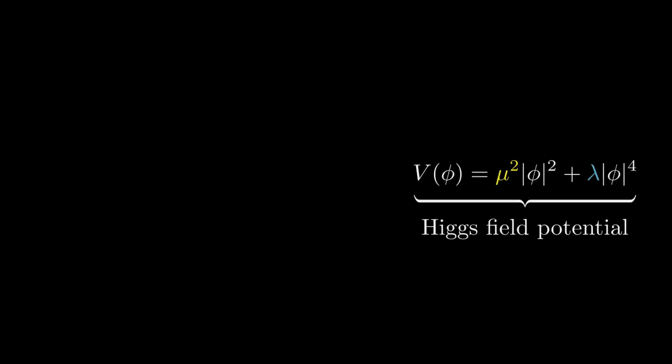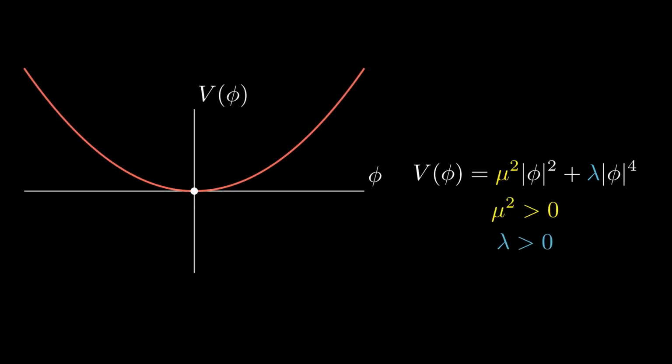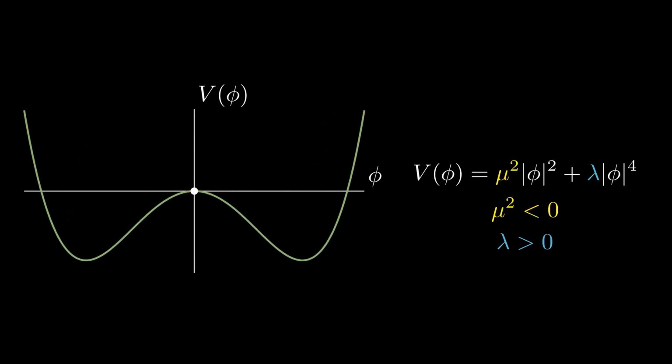To understand the origin of mass, we must introduce the Higgs field, phi. It turns out nature's ground state is governed by the Higgs potential. However, having the potential minimum at the origin does not solve the problem of mass. So, the parameters must be such that the field is non-vanishing at the lowest value of the potential. And, as nature prefers stability, everything must happen around the ground state, or, in other words, the vacuum.